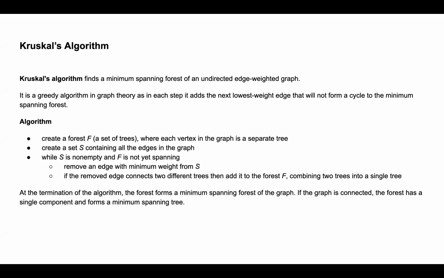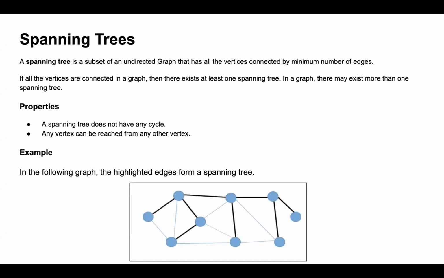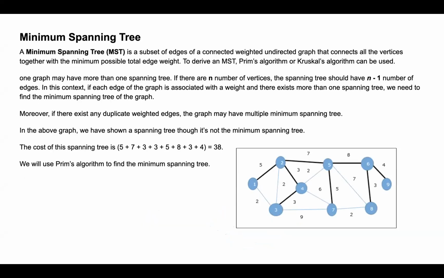In the last lecture, we have seen these minimum spanning trees. First, we went through the spanning trees. What are the spanning trees? These are the subset of an undirected graph. It is an undirected graph, and these dark lines are the subset of the graph, and they are connected by the minimum number of edges, but they are visiting all the nodes. Okay, it is the spanning tree.